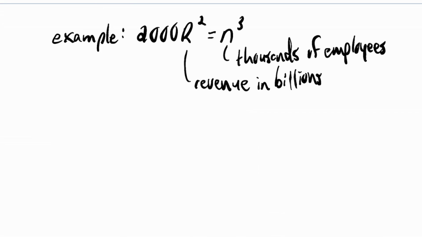Okay, in this video, we'll do another example of a related rates problem. So let's say that 2000 r squared equals n cubed relates the number of employees for a business with the revenue. So n is in terms of thousands of employees, and r is in terms of billions of dollars in revenue. So let's say at some point in time,